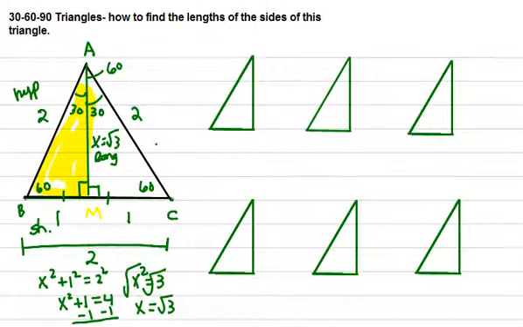Now I'm going to take my yellow triangle numbers and move them over to this smaller triangle here. This angle was 30, this was a 90, and this was a 60. My sides, my hypotenuse again was 2, my short leg was 1, and my long leg was the square root of 3. Now it doesn't matter whatever sides your 30, 60, 90 triangles start off with,